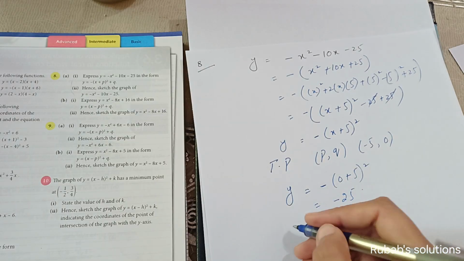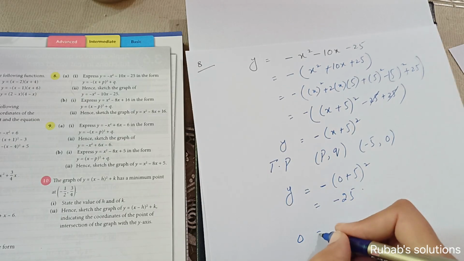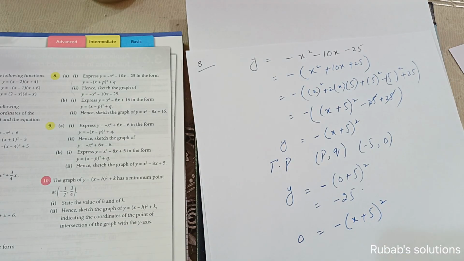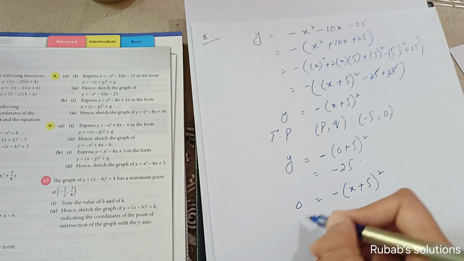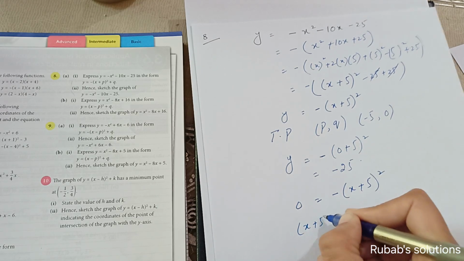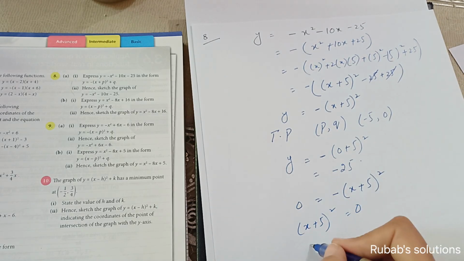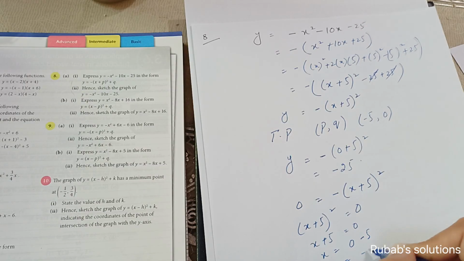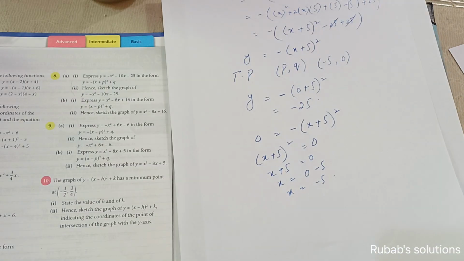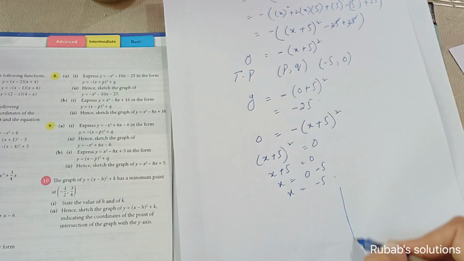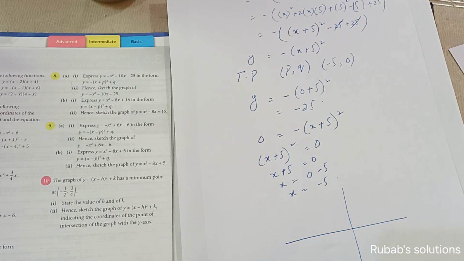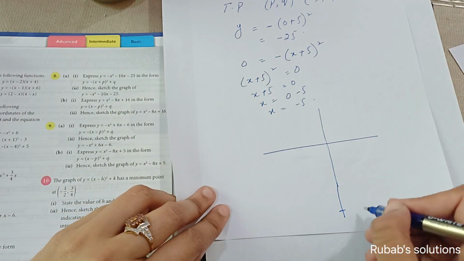x के लिए हम y को 0 पुट कर लेते हैं, सो 0 is equal to minus x plus 5 whole square. This minus will shift on the other side, it will become 0. So x plus 5 whole square is equal to 0. Taking square root on both sides, x plus 5 is equal to 0. x is equal to 0 minus 5. So x is equal to -5. एक ही हमारे पास इसका x कोऑर्डिनेट बनेगा। इसका अगर आप ग्राफ ड्रॉ करेंगे या स्केच करेंगे तो ये आपके पास नेगेटिव साइड पे, फॉर एग्जांपल इट्स जस्ट एन एग्जांपल कि ये आपके पास है -25।